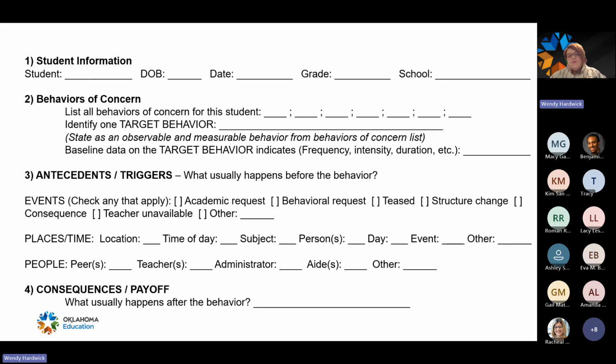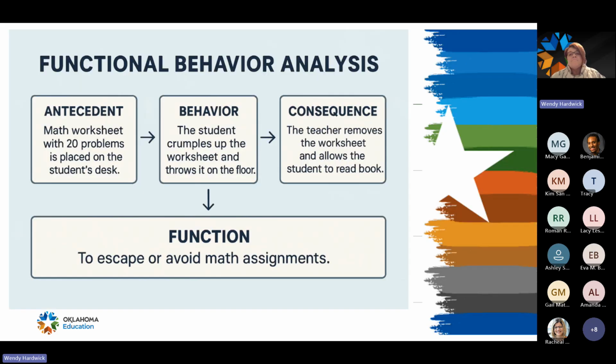Those are the behaviors that we're first going to look at during an FBA. And we need to be very specific on what behaviors we're looking at. When we say hitting, hitting to one teacher and hitting to another teacher may be different. We need to look at, is it open fist, closed fist? Was it with intent to do bodily harm to a peer or a student? The more specific we can be, the more accurately we can come up with interventions.